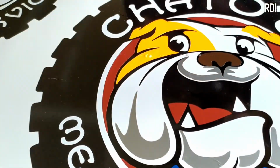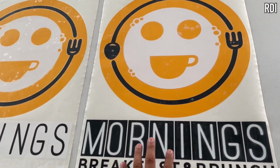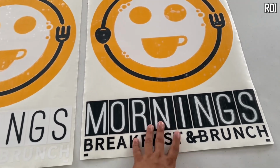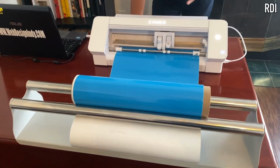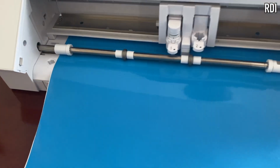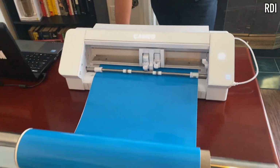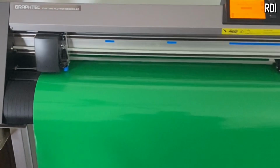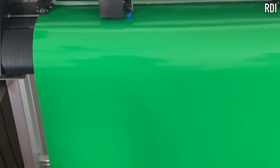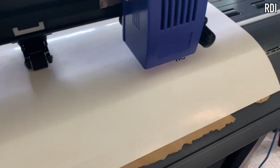Today we're going to show you how to make stickers with a vinyl cutter in layers that look almost like they were made with a professional printer rather than just a vinyl cutter in wet and dry application. But of course, we know that the printer and cutter will be much better for this type of job, but most designs can be made with just your vinyl cutter. It's just a matter of knowing how and learning the proper techniques. So if you own a Cameo 4, a Graphtec, a Titan, or even a Cricut, you can make stickers like